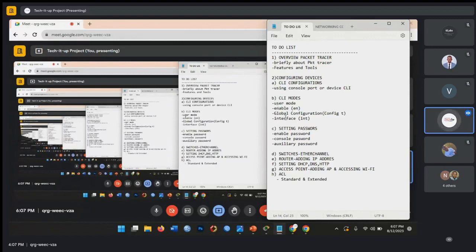We also managed to set up passwords. We did all the passwords, like the enable password and console password. We also did the auxiliary passwords. Then we also did